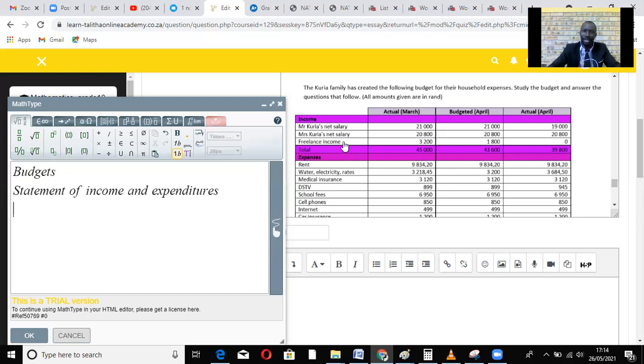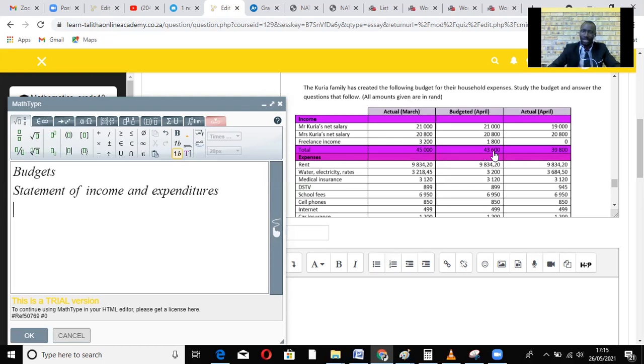The budgeted freelance income in March was 1,800 and the actual was 3,200. From here, we get the total income to be 45,000 for March,